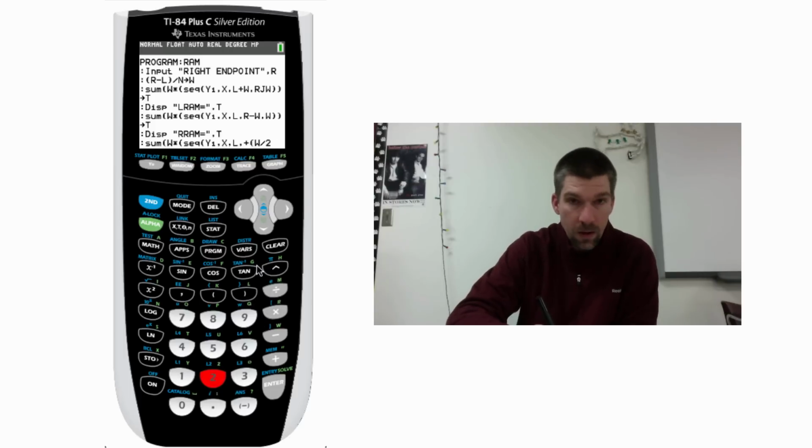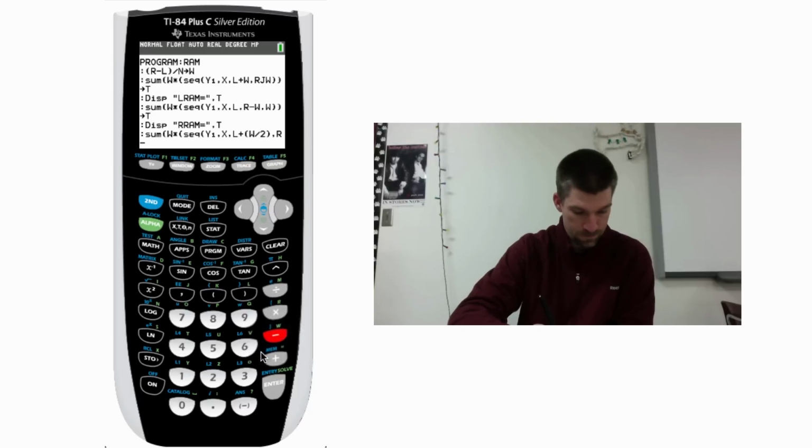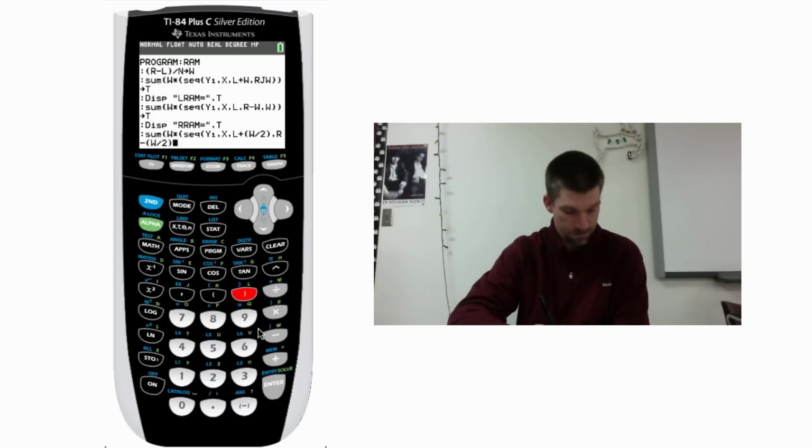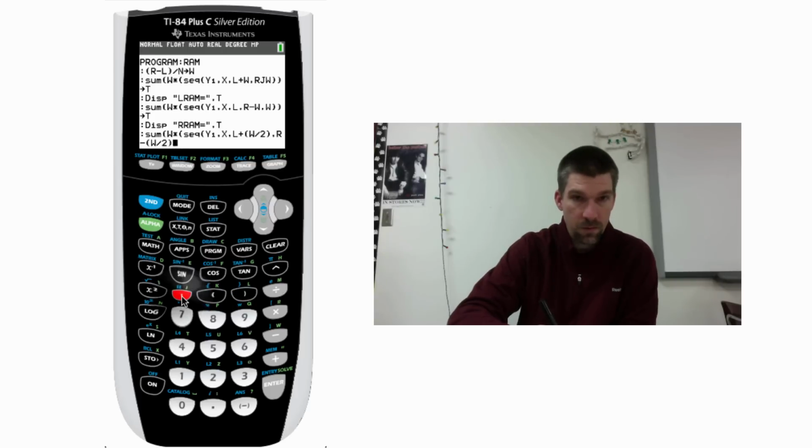Okay, so L plus, not L comma, but L plus W divided by 2, close parentheses, then another comma, and then R minus W divided by 2, and put that in parentheses, and then close parentheses, and then a comma W. Close all your parentheses off, store that as T,